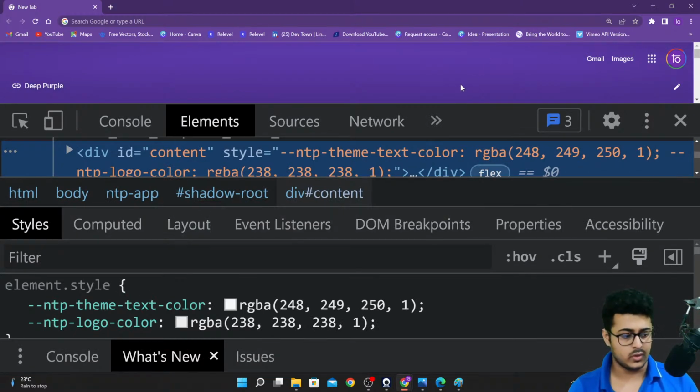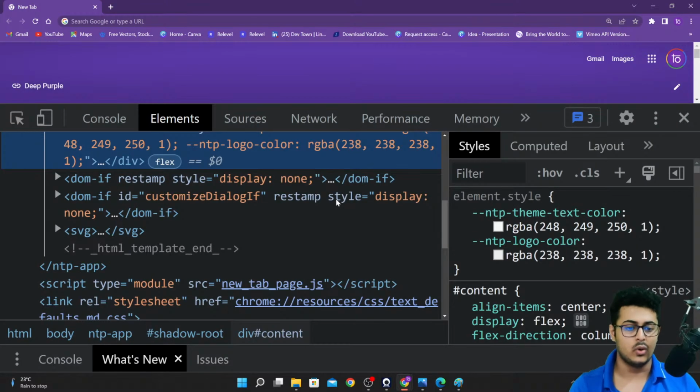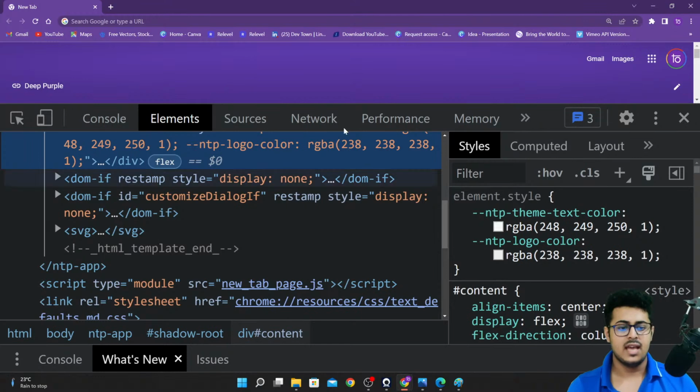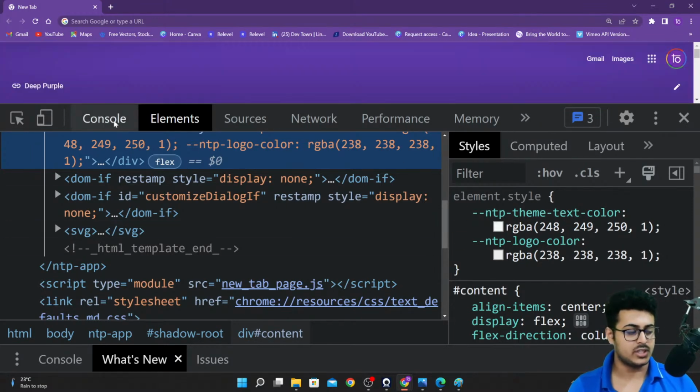As you're able to see, it will open up a panel down below your website itself. This is your website that was there above, and a panel opens up down below. Here you have a lot of options on the top: console, elements, sources, network, performance, memory, and so on.